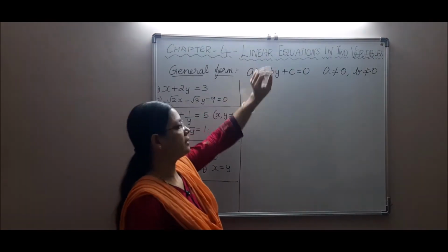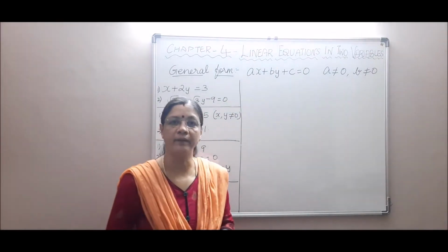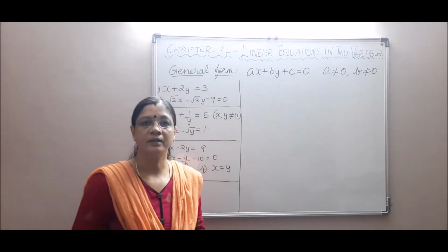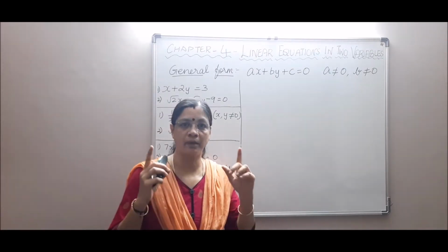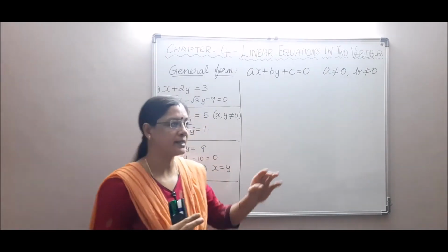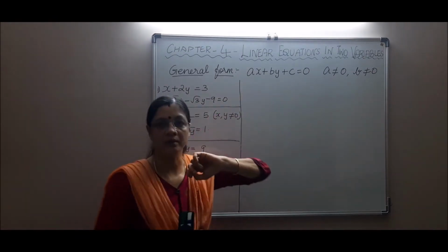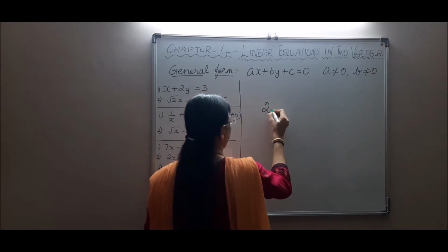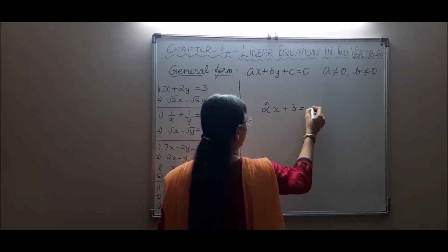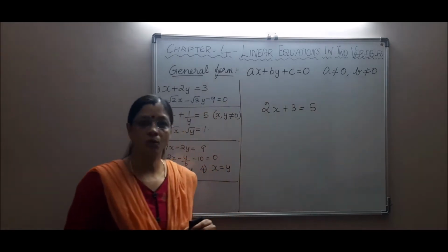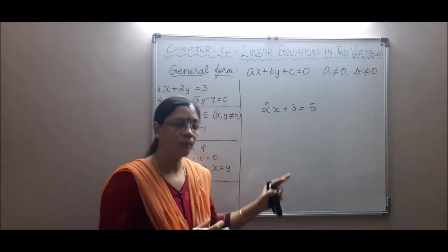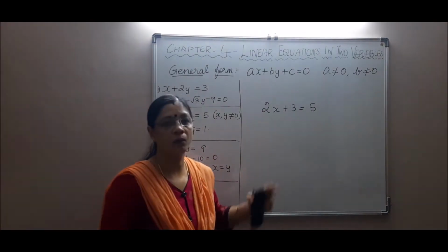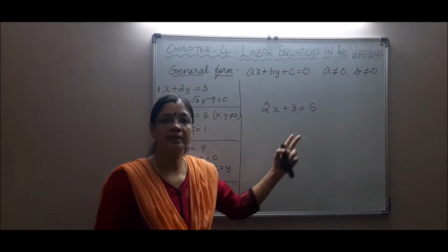So what does that linear in the topic, in the heading mean? Linear is what we have studied, that is, if at all an equation, an expression which has the degree 1 in it, isn't it? Say for example, see if I have 2x plus 3 is equal to 5. So what we have learned about it? We know that if the maximum power of the variable in the equation is 1. So this is an equation.